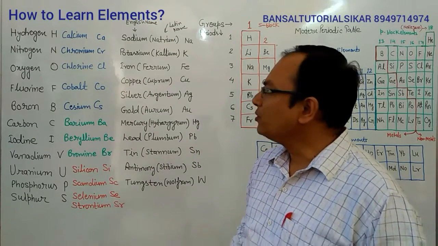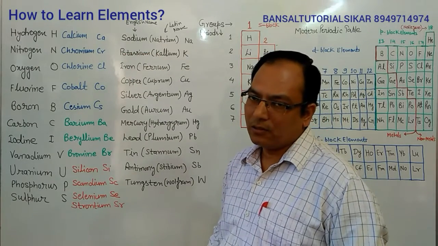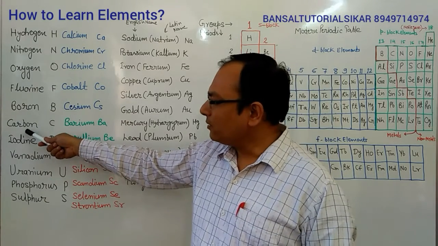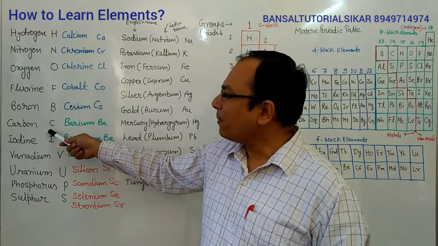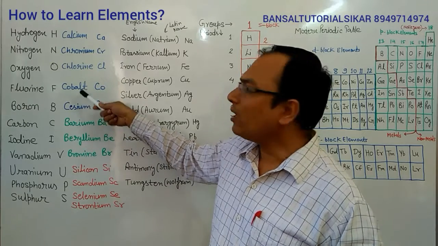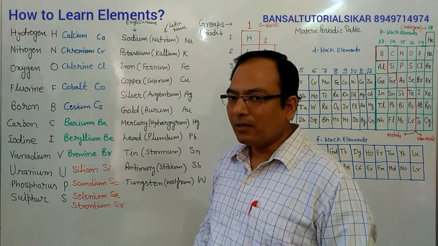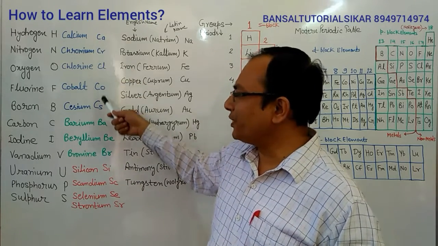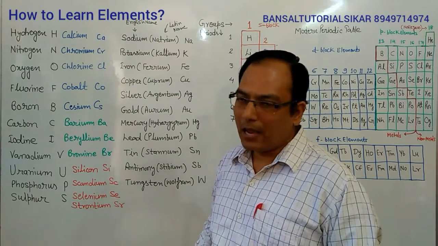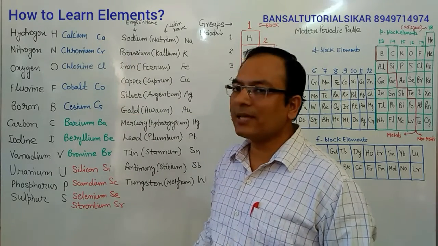But in some cases, like in these cases, you can see that we are using two letters. Why are we using two letters? Carbon is symbolized as C, but calcium, chromium, chlorine, cobalt and cesium also have the initial letter C. So to avoid the confusion, we have a two letter representation, in which the second letter is always a small letter, and this letter will be any one of the letters in the name of these elements.